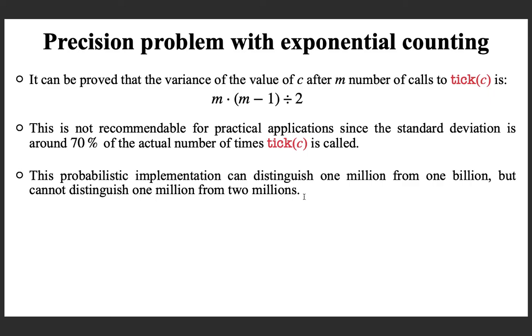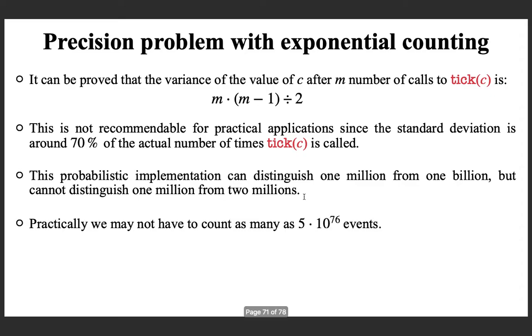So it is not practically recommendable, but in any practical case with an 8-bit counter, we may not have to count as many as 5 multiplied by 10 to the power 76 events, which is what is possible with method 2. So what we can do is, we can try to